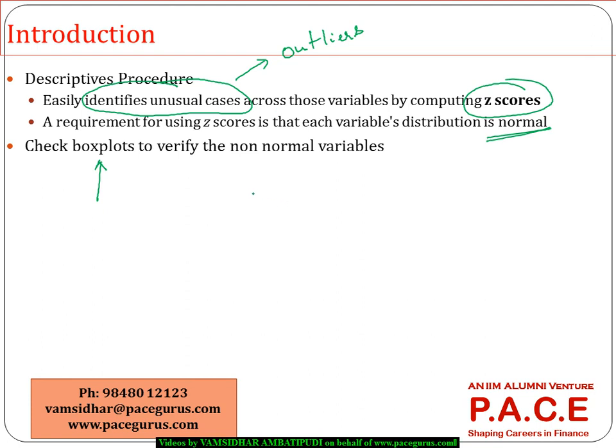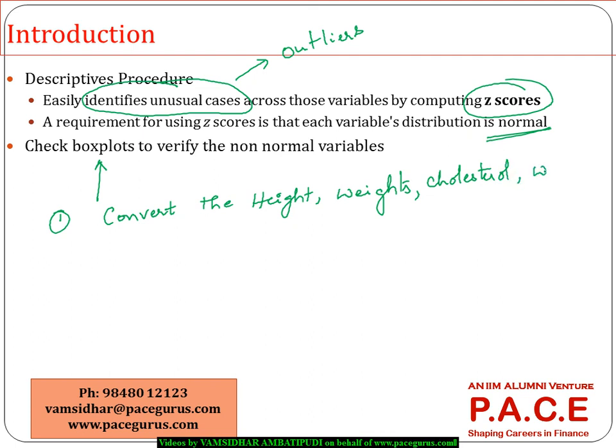So on our data set, I would like to look at the following question. The case question which I would like to address here is: convert the height, the weight, the cholesterol levels, and the wrist. All these things, convert it